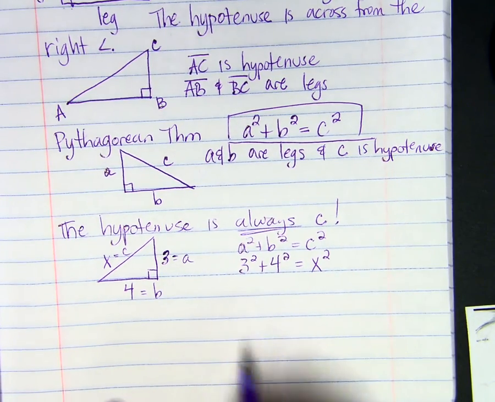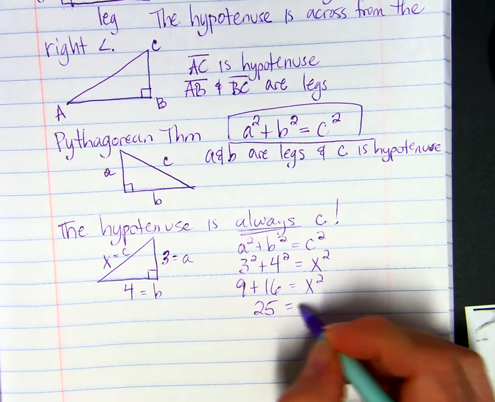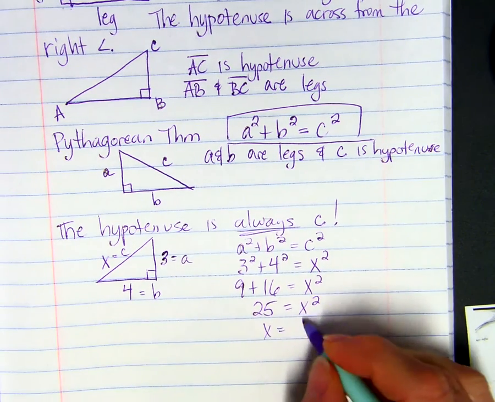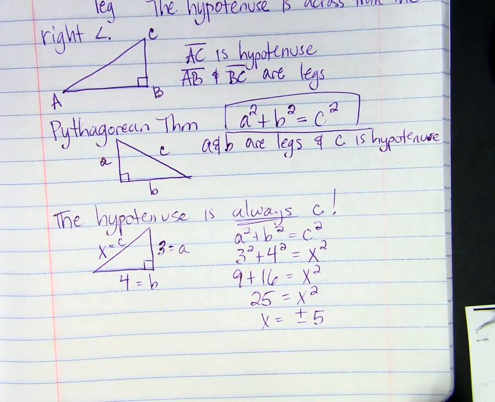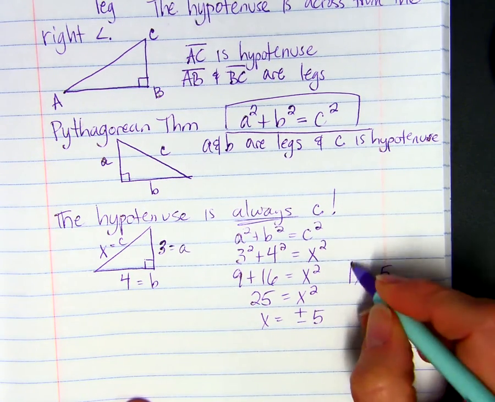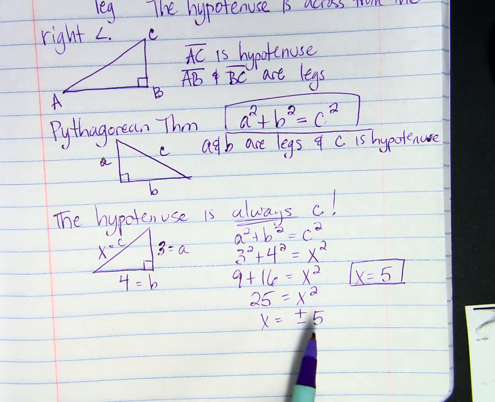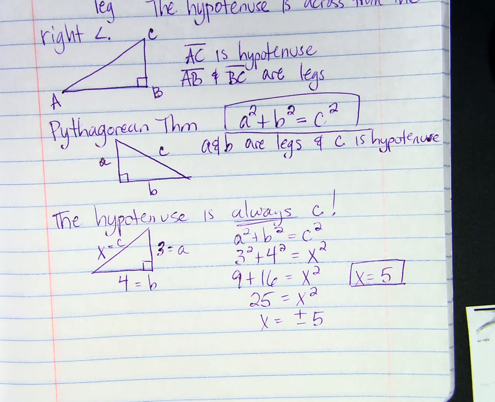Then we add them together. 9 plus 16 equals x squared. 25 equals x squared. And then we take the square root of both. And x equals plus or minus 5. But you can't have a negative side length. So x is going to equal positive 5. And the reason why I said x is plus or minus 5 is because anytime you take the square root of both sides, you have to include the negative for your answer. So we included that, but we know it can't be negative, so we just do positive